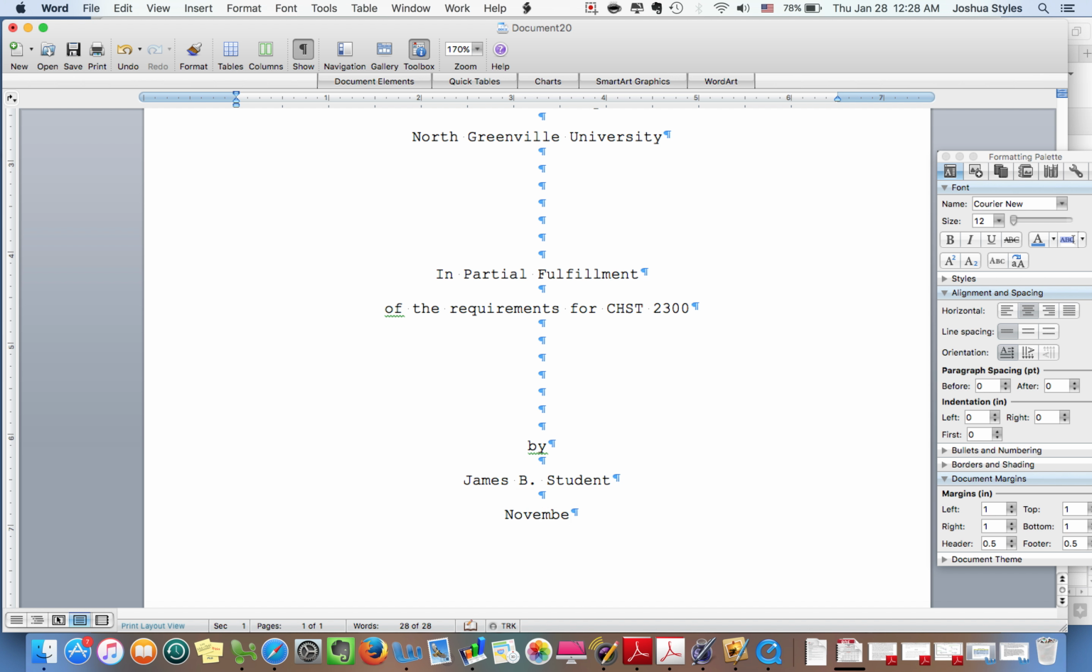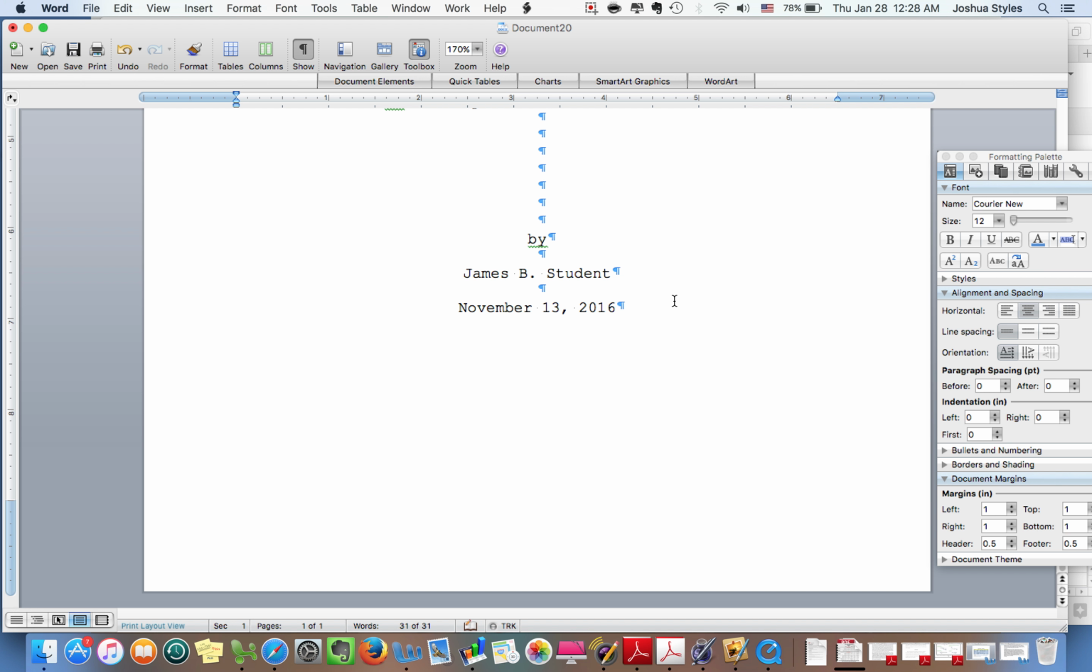So if it's November, you'll write out full November. Then you'll write the date in Arabic numeral 13, November 13th, and then type the year. November 13th, 2016, or whatever the due date of your paper is. Now, we're finished most of the way here, but there's one additional step, and in the